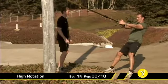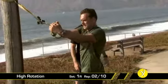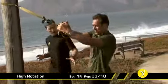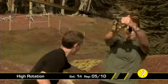We'll go 10 to each side. So 10 to one side and then 10 to the other. Good. Coming all the way up and through. Now you can see the kind of rotational power we're getting here. He's driving through his hips, driving all the way up